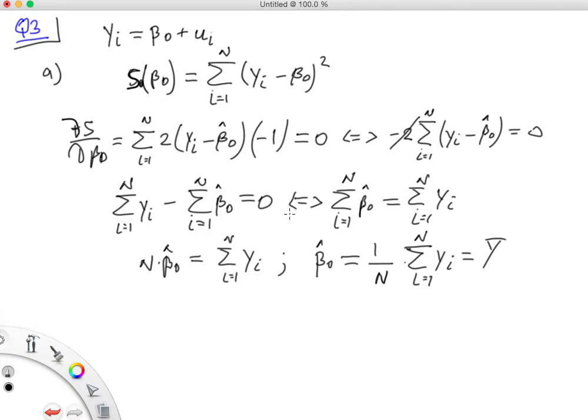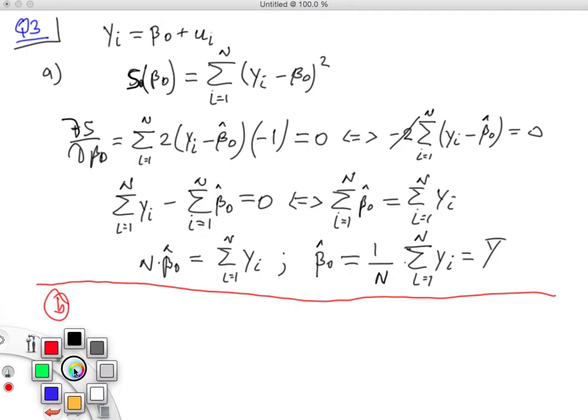R squared is 0, which means the model doesn't have explanatory power at all. So basically, this model doesn't explain variations in yi. So now part B. It's a bit difficult to write it in this way. We know that the sum of squared errors, which is S of beta 0 here,